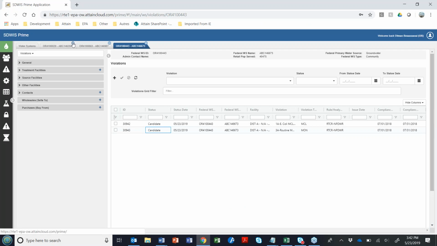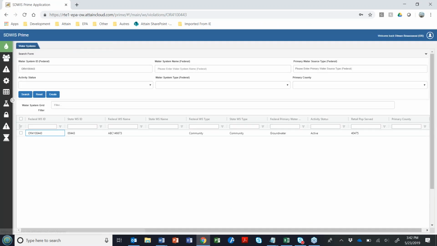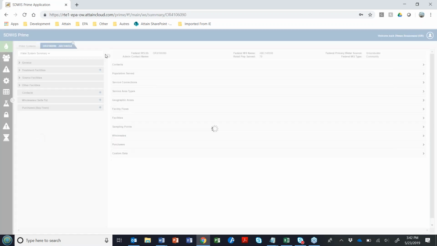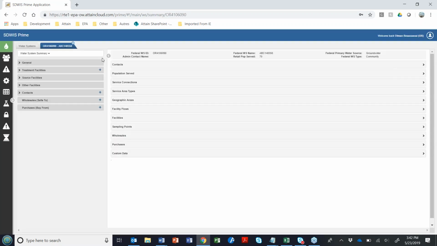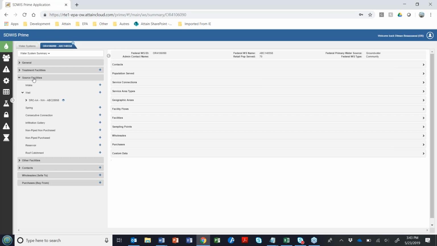All right, so you get rid of these tabs here. I'm gonna go with this water system that I pre-selected. It's a groundwater community, serves 70 people, and it has one source.